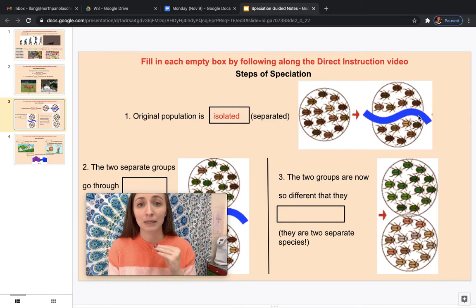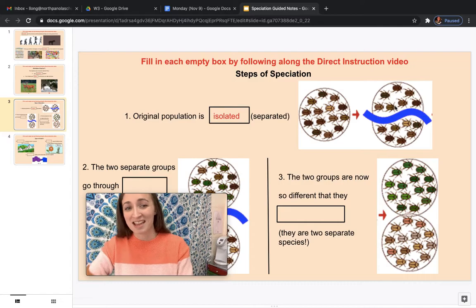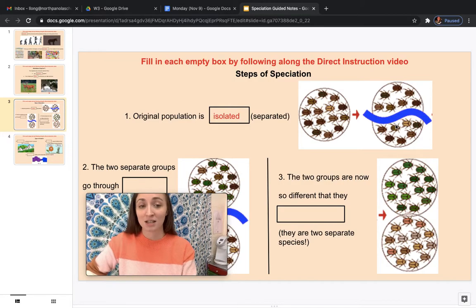This is completely, as in these beetles are not in any way communicating, meeting up with, they're not even talking to these other beetles. They're completely separated. The important part to think about is since they are separated, they are not reproducing with each other. This group over here, these beetles are mingling and mating with the beetles in the same group. And same with these beetles over here. These beetles are mating with each other, but they can't cross that river. So they're not crossing that river to mate with each other. The groups are not mingling. They're totally isolated or separated.